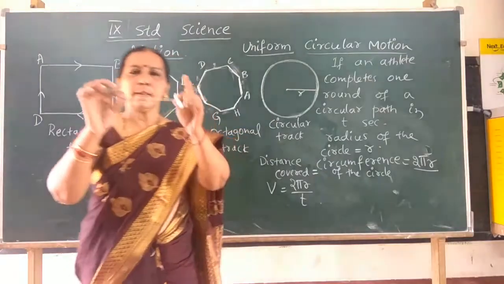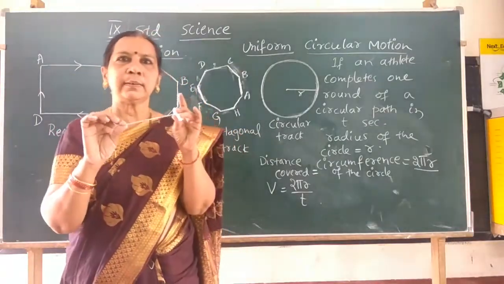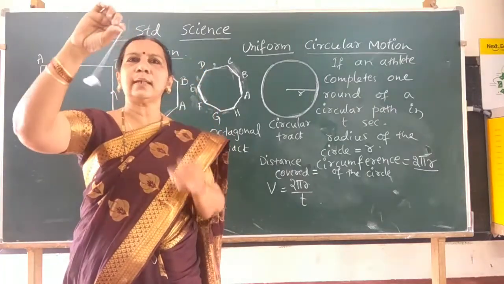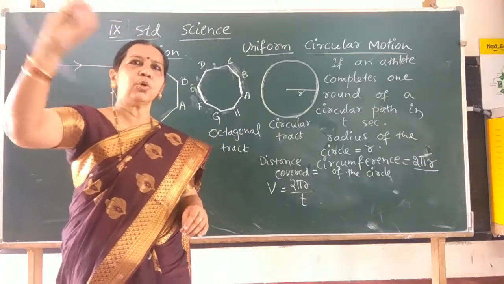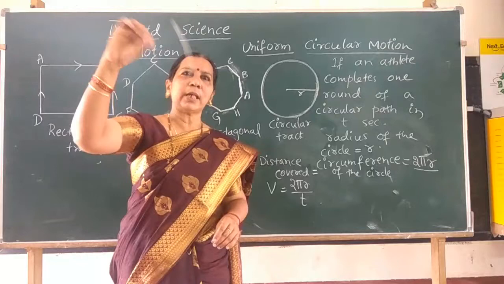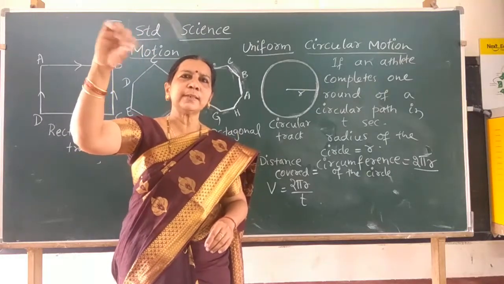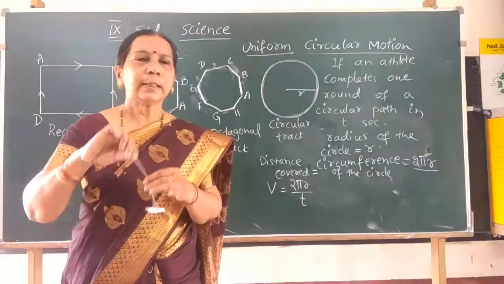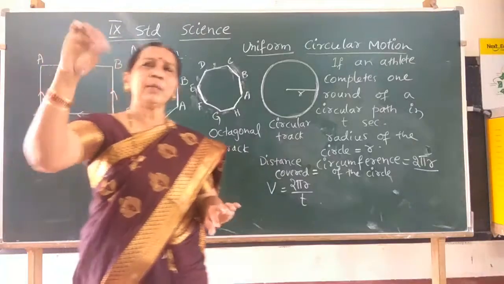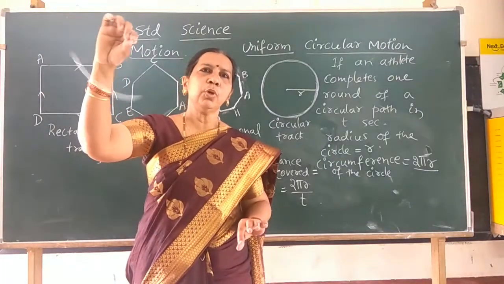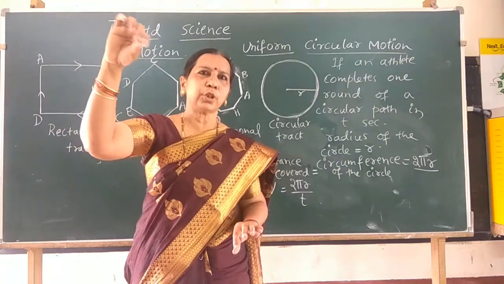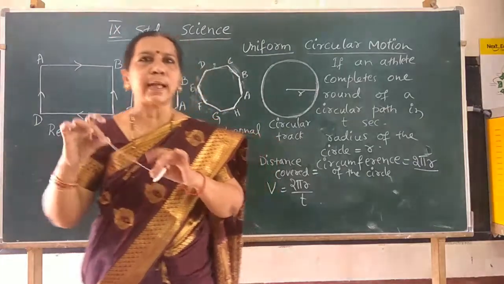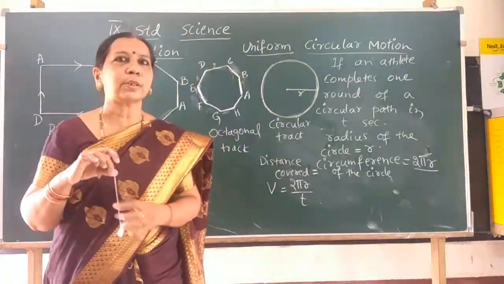You also can try it. Tie a small stone to a piece of thread like this, and holding the thread at the other end, you can show the circular motion. While rotating at different positions, release the thread and let the stone move. In which direction does it move? It shows the circular motion. And when you release the thread, the stone moves. In which direction does the stone move?